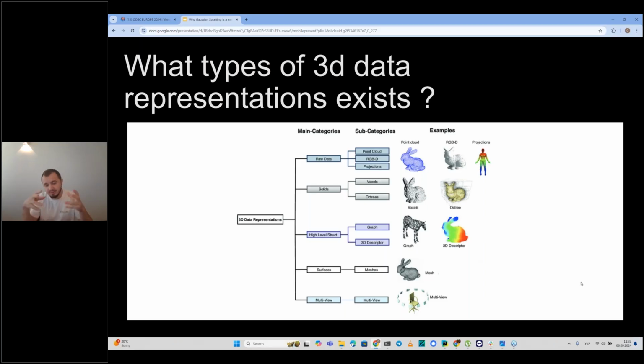But when we're talking about the inverse problem, when you have an image and you want to recreate a 3D data representation that allows you to reconstruct this image, but in 3D, usually classical approaches for 3D data representation are not the best way to represent data.